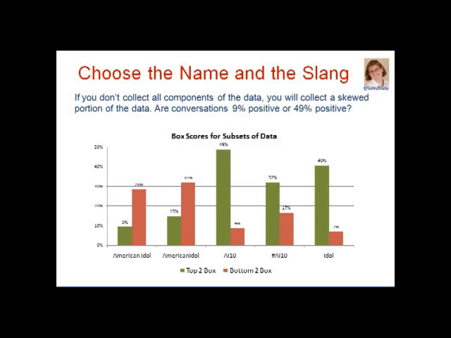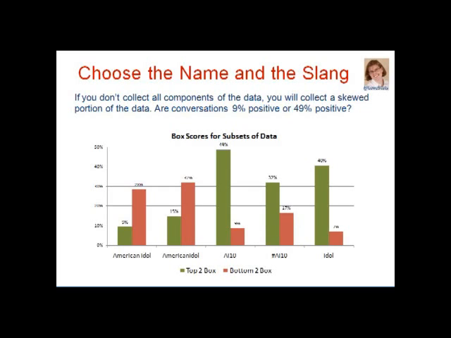Some people use the entire name exactly as it's written. Well, some people are a little bit lazy and they'll drop the space in between the two words. On the other hand, some people try to save space on Twitter, so they shorten the name quite a lot to things like AI10 or just Idol. So as you can see in this chart, the way you name a brand is highly correlated to how you